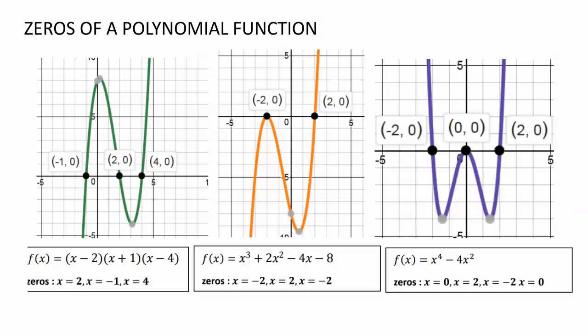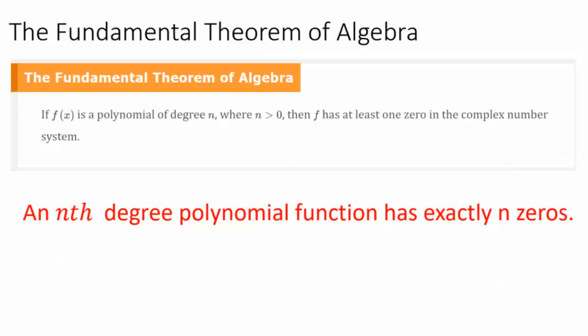And then just going back really quick, we also talked about the end behavior. So what happens on the right side and the left side. Today we'll be able to put everything together. One of the theorems that we have in our pre-calc class is the fundamental theorem of algebra. This theorem talks about the different types of zeros that we have. What this theorem tells us is that if we have one zero in the complex numbers, then